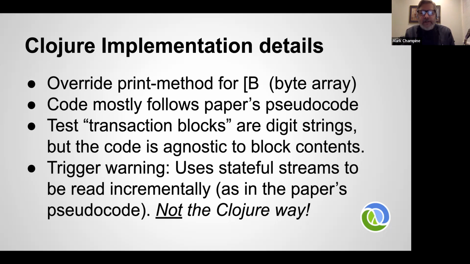So we'll see it read a few bytes, and then we come back later and read a few more blocks from the stream. In the Clojure world, since we have immutability, it would be the same stream every time you read from it. But in our case, every time you go back to the stream,